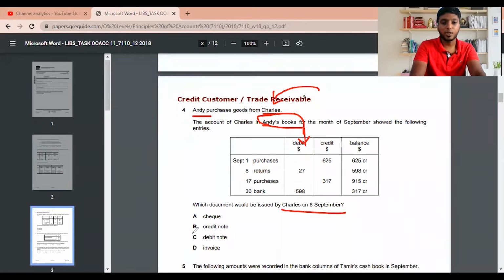Then you can also ask, why can't we issue a check or invoice? The reason I didn't go with that: when you invoice, it should be debited 598, and they didn't do that. And this is from Charles' side. Of course, you can't give a check because this is speaking about the 8 days. So that's the reason I didn't go with these dates.